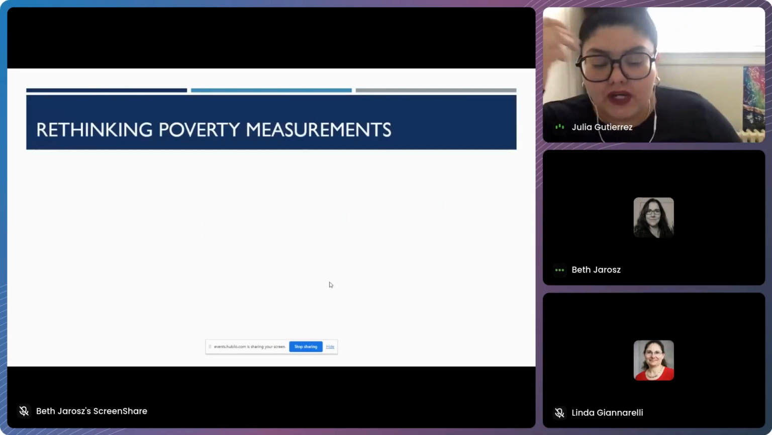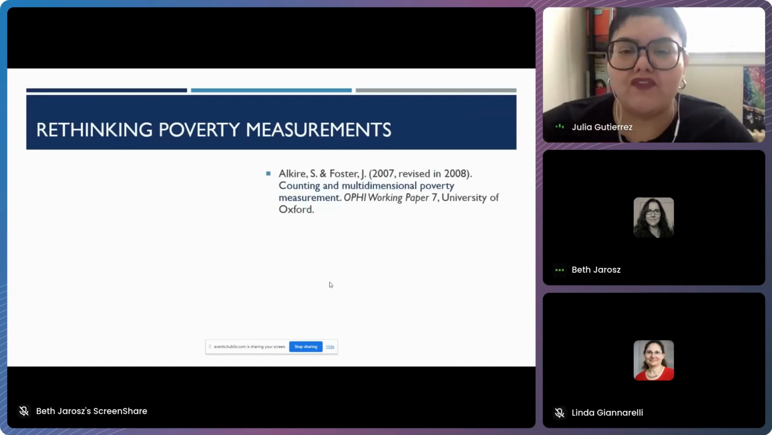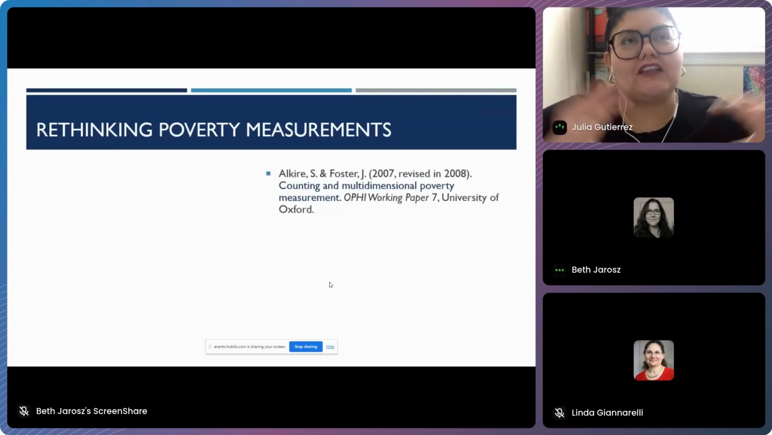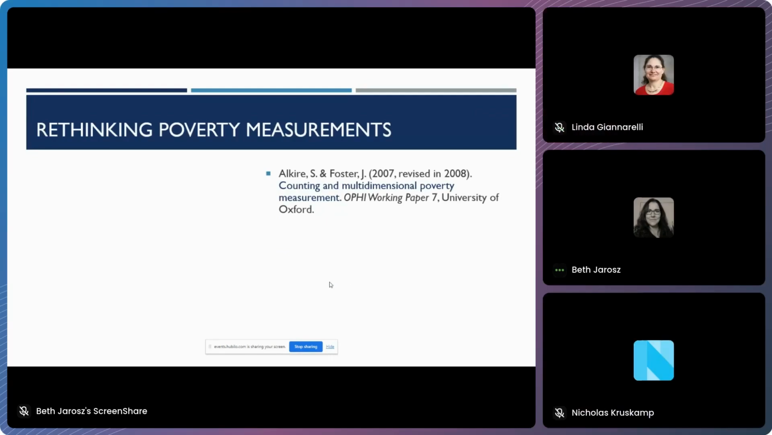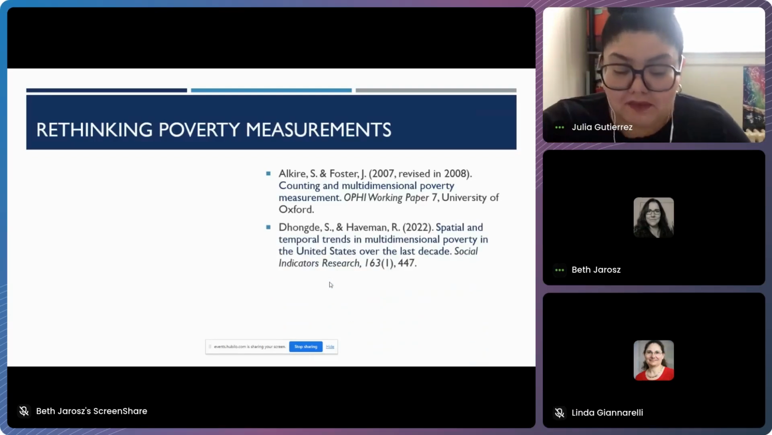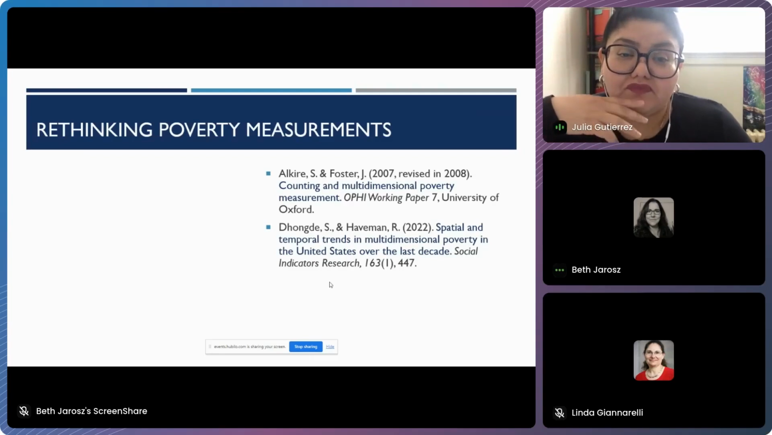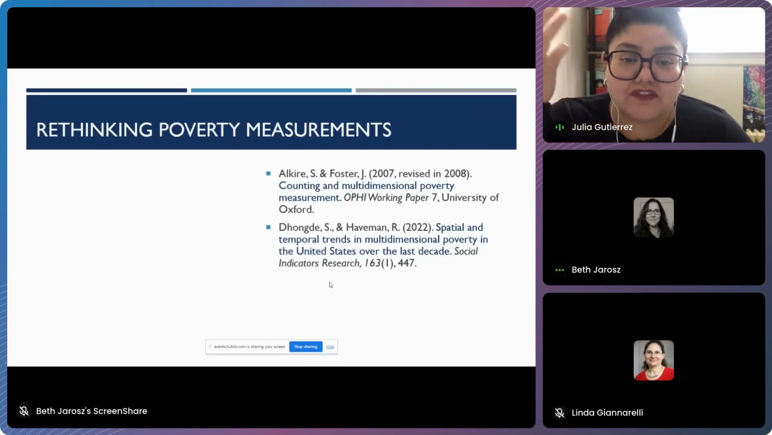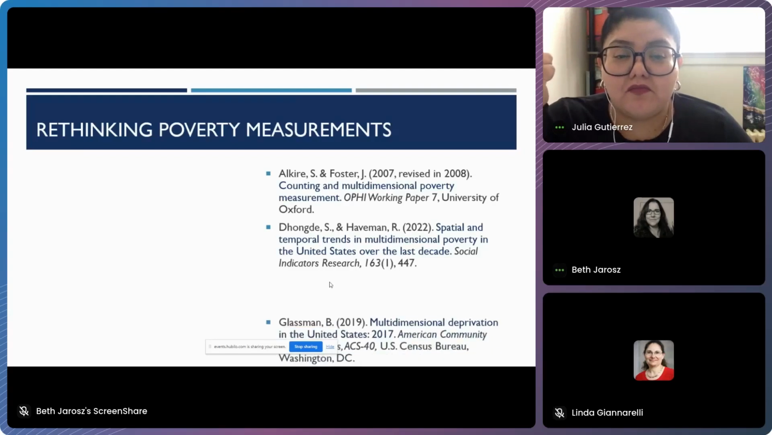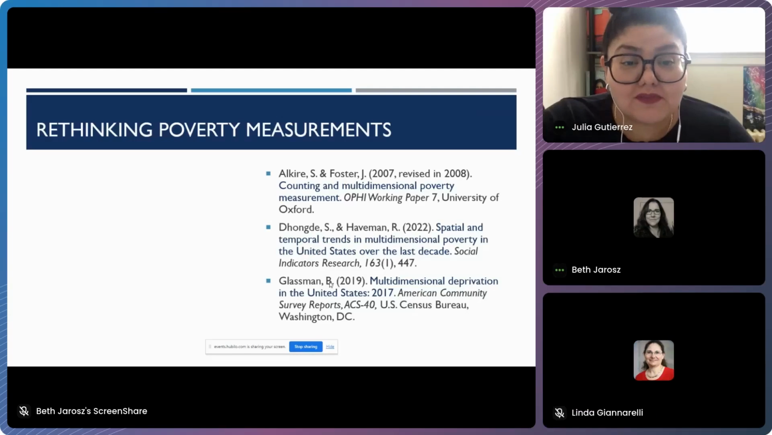So what the MPI is really trying to get us to move away from is thinking how both quantitative and qualitative, and specifically more, how can we measure poverty in non-monetary ways? So some of the work that has been done in regards to this MPI stems mostly from the University of Oxford, by Sabina Alkire and Foster. In the US specifically,